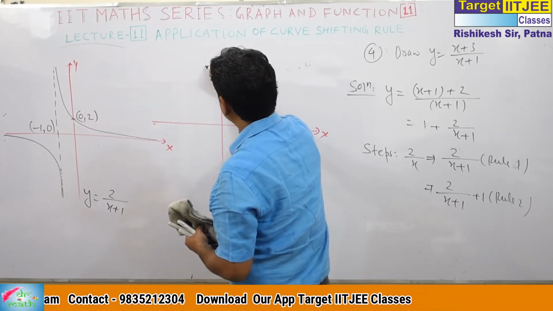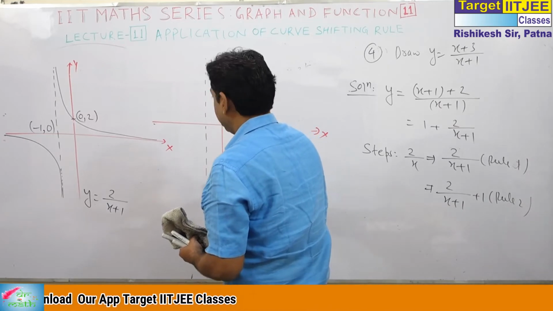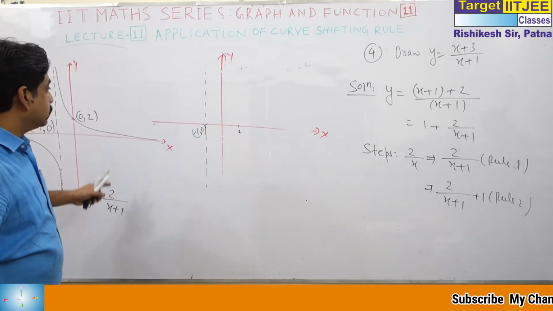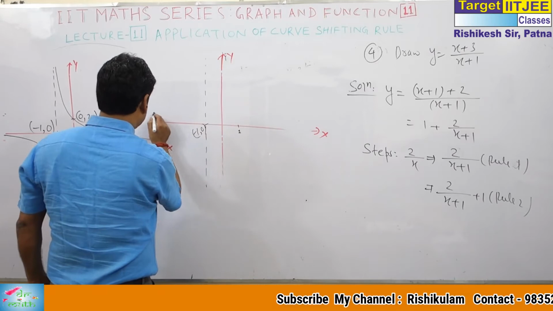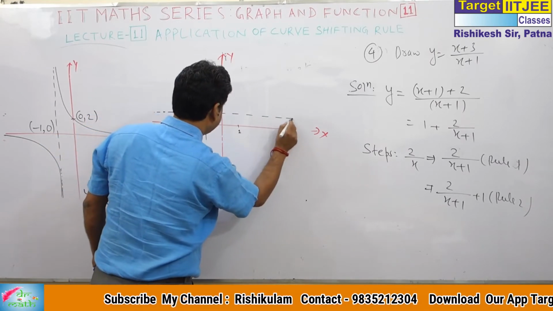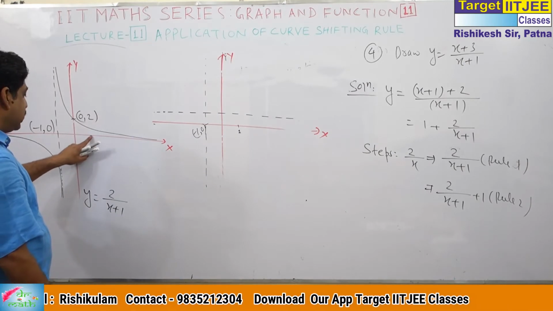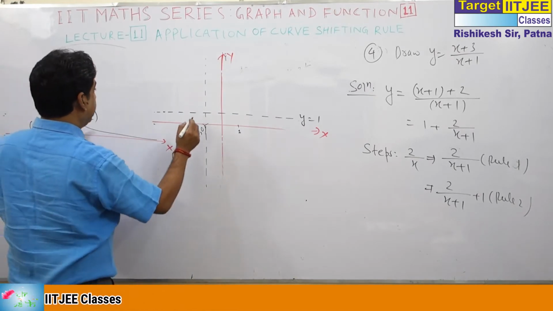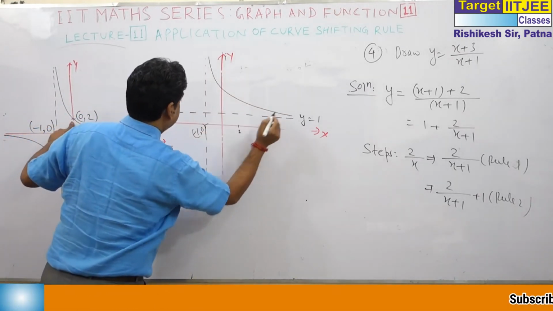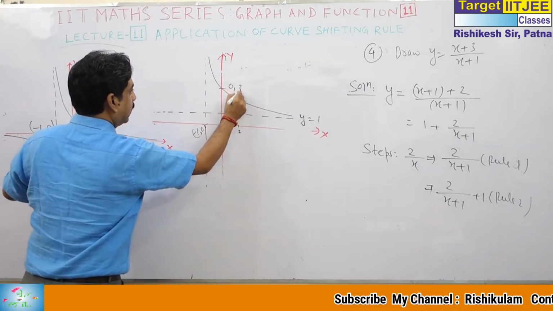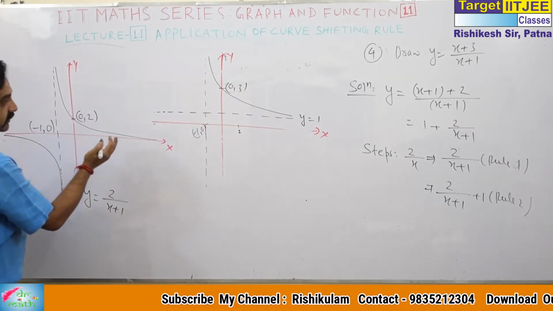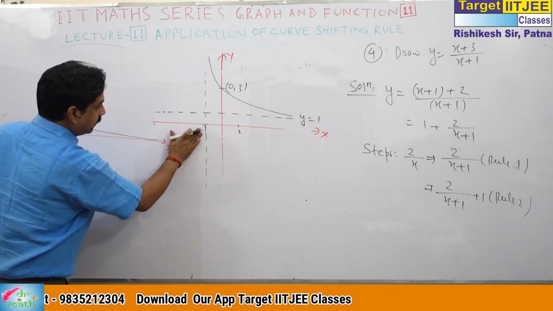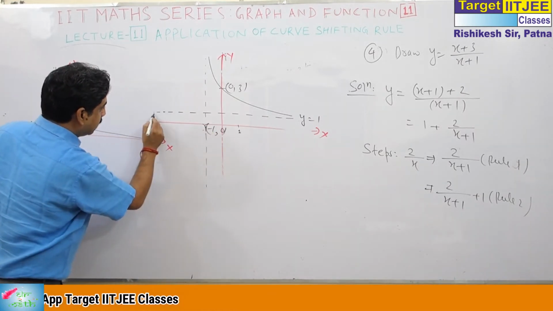Actually, this will remain as it is. This is minus 1, 0. And it will move 1 unit from here. I am taking this one. This is actually y is equal to 0, so this is y is equal to 1. And this point goes up to 0, 3. So this will be like this. This is 0, 3. And when this goes up 1 unit in the upward direction, here you can see this one. Let me write minus 1, 0 here, so that I can do this here.